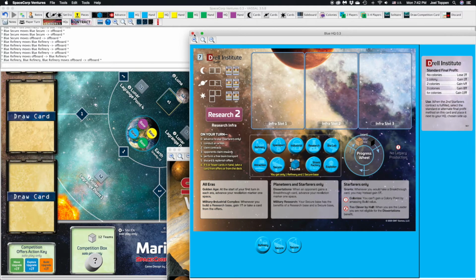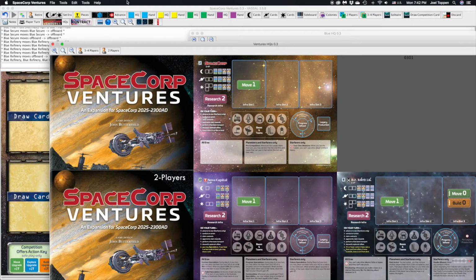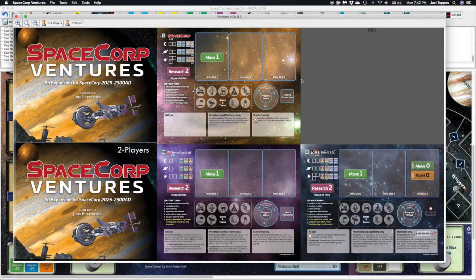Okay, I think that is basically the nuts and bolts of what we've got going on here. Now, I'm going to go ahead and hide the blue HQ. We've got 3 HQs now available. How do you draw the 4th one? Well, instead of putting a button for draw,